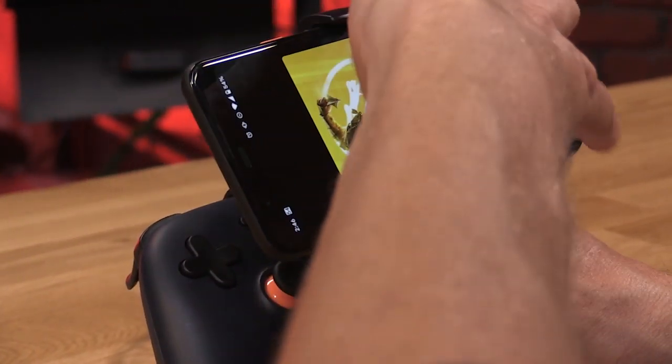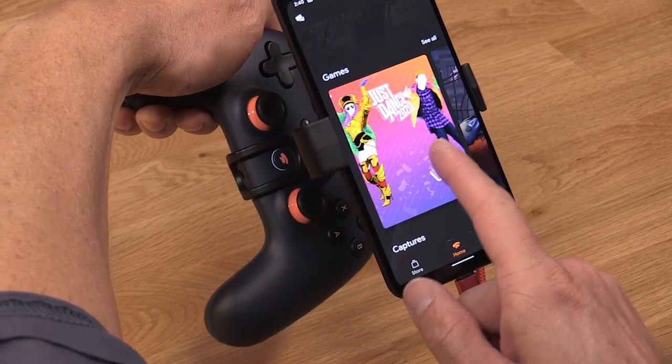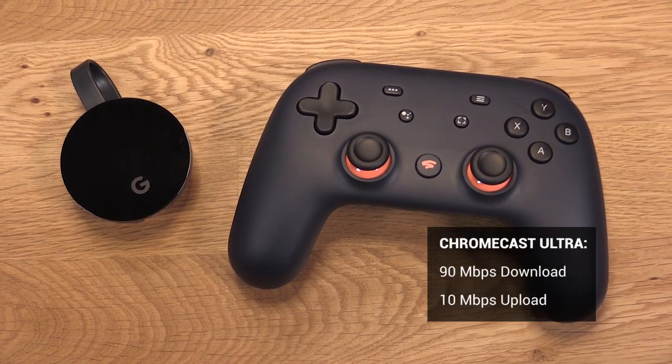But the forced portrait mode that you see in the Stadia app when you're selecting games, that's weird. Definitely not ideal. And finally, on the included Chromecast Ultra, which was a wired connection pulling 90 megabits per second down and 10 megabits per second up,